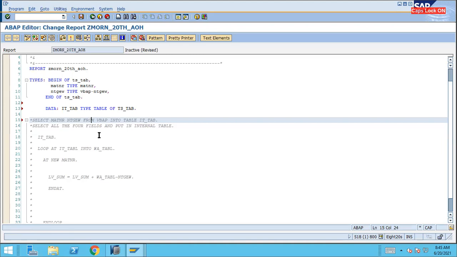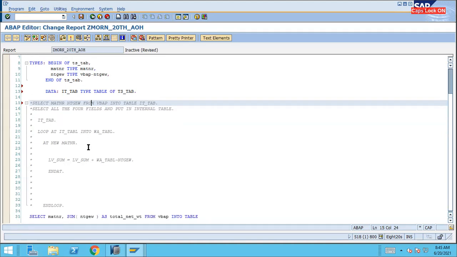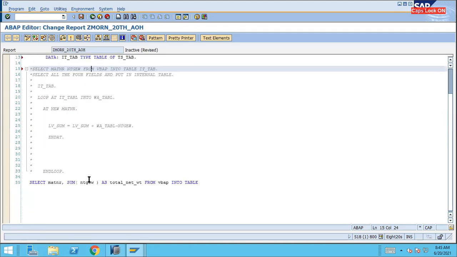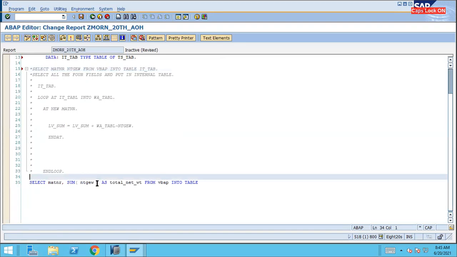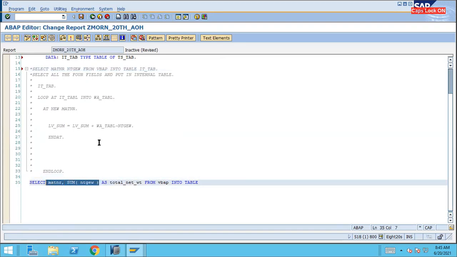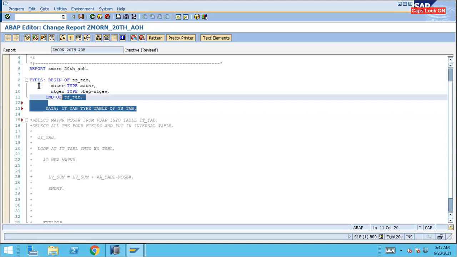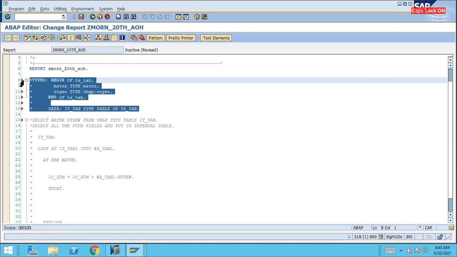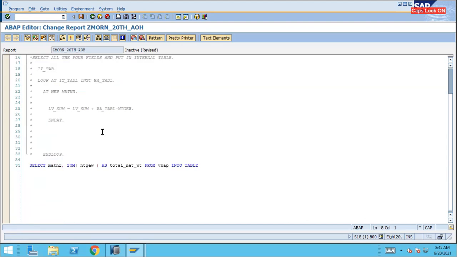Now, assuming that you are already expert in all this basic understanding, the thing is that you don't have to define all this structure and all, because you are on more than NetWeaver 7.4 and it supports the inline declaration in new Open SQL, because new Open SQL can only understand the inline declaration.